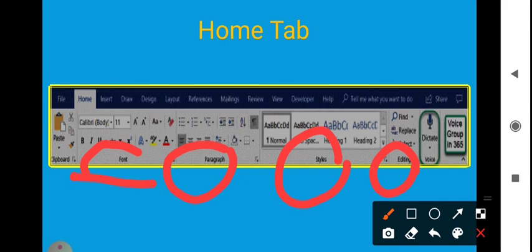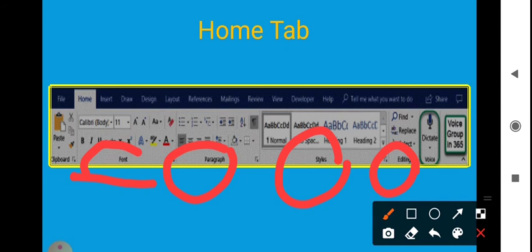Paragraph group means you can do the setting of your page. If you want the text on the center of the page, on the left side, or right side, if you want to make the margin more or less, you can do all that in the paragraph group. Next comes styles, and then editing.